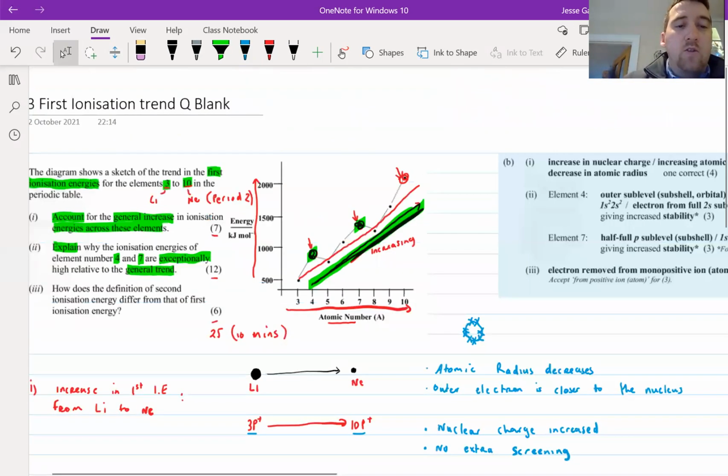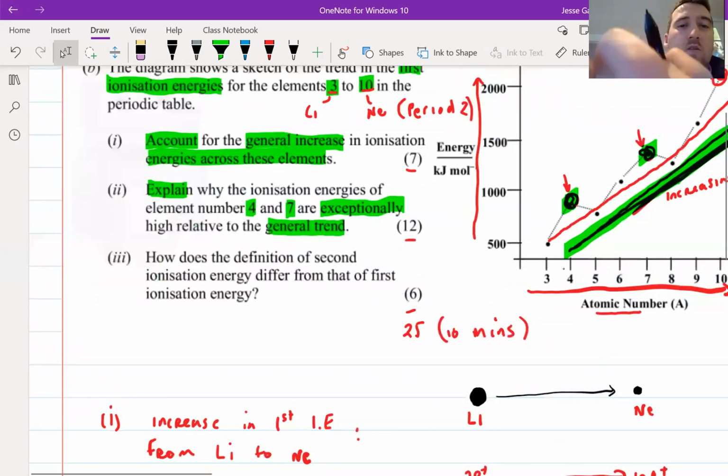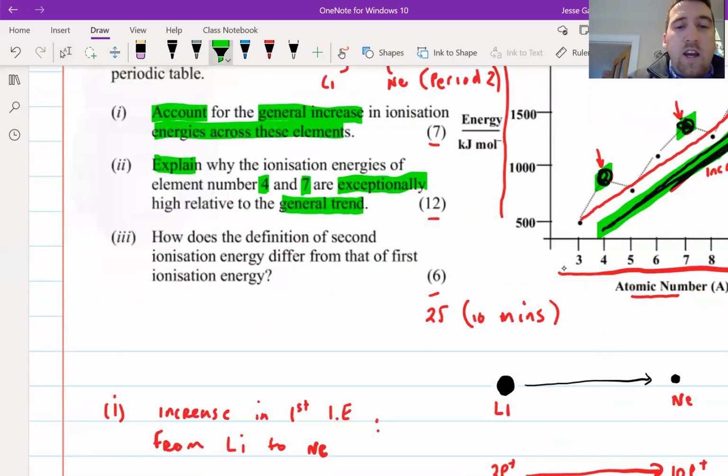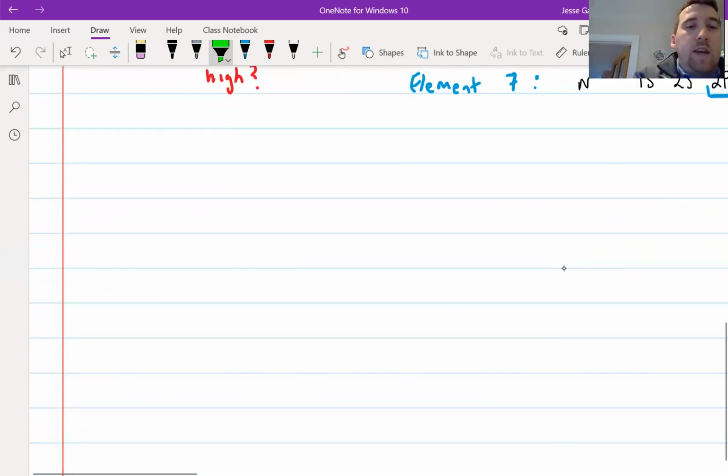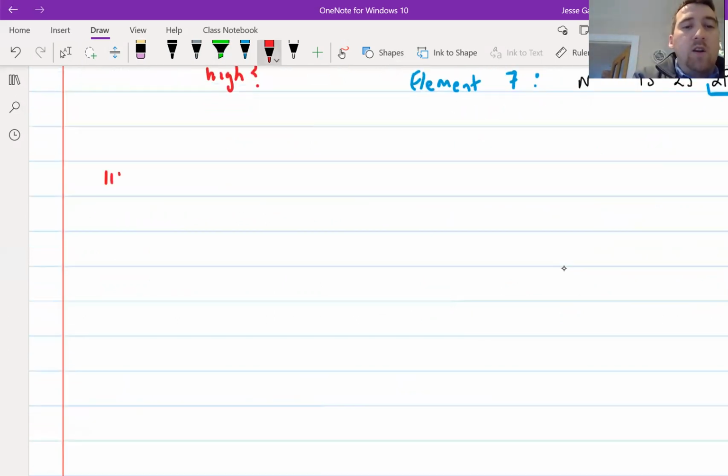Okay, let's go back to the question. How does the definition of second ionization energy differ from that of the first? This is 6 marks. How does it differ? Okay, so there's a couple of ways you can do this. So we're going to say, it wants to know how are they different. So we're going to say, well, we're talking about first